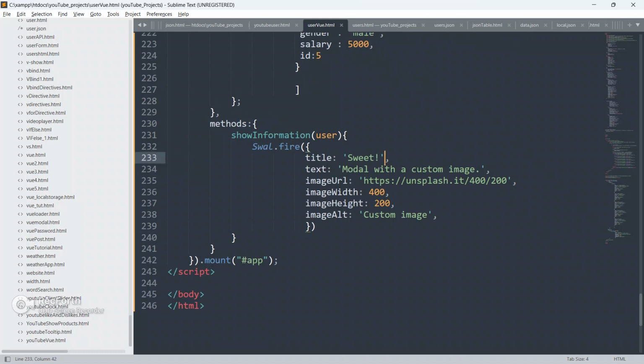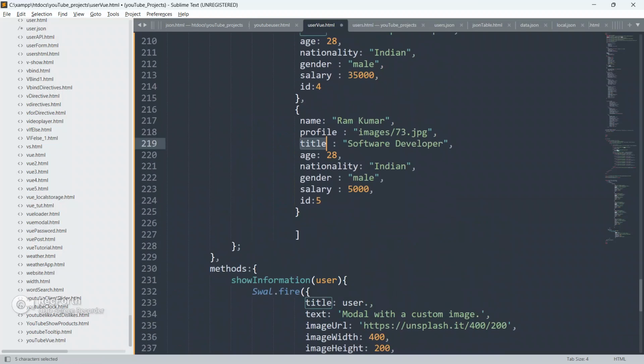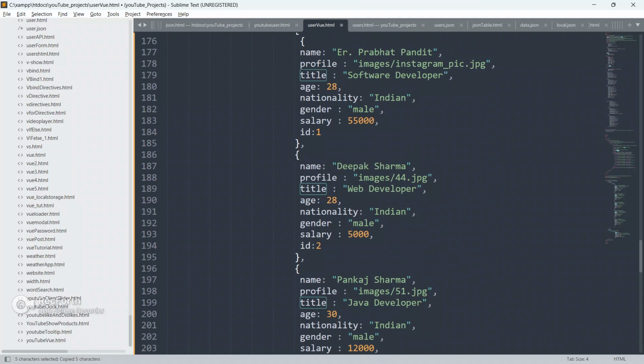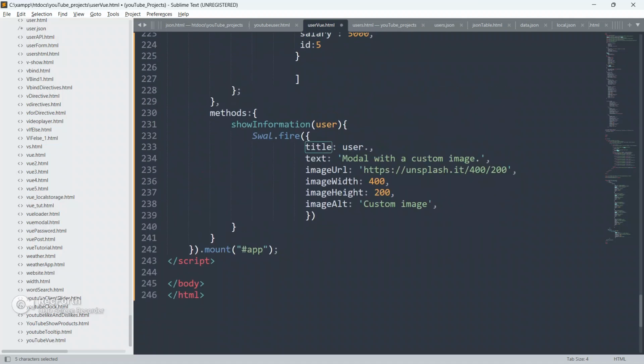Okay, so now I'm gonna use title as this user, okay, this user dot title. Okay, this title guys, this title, this title, and this title from all the user object. Okay, so user dot title.